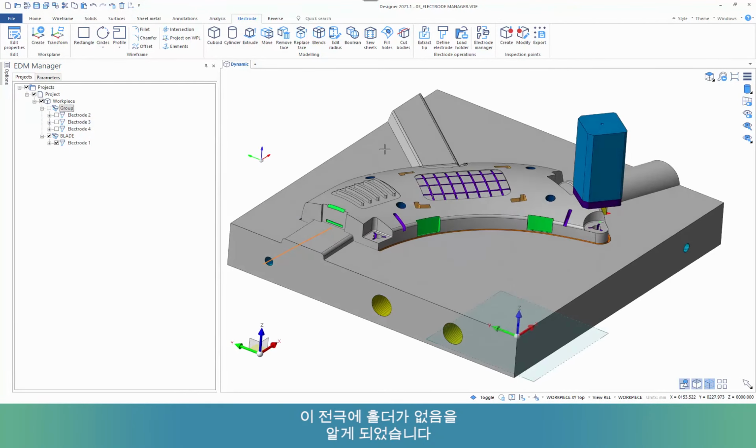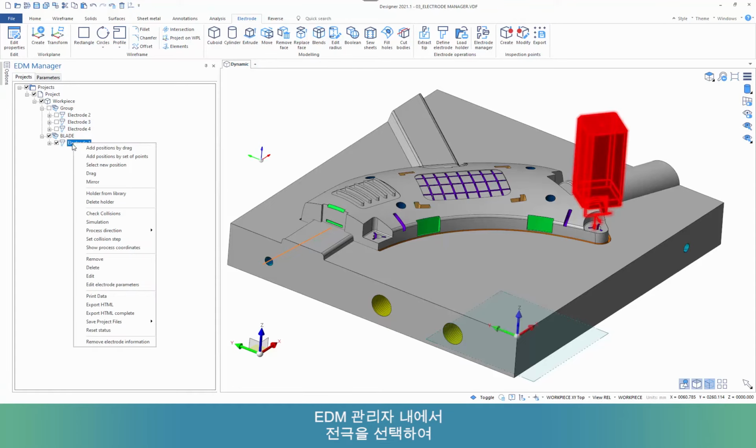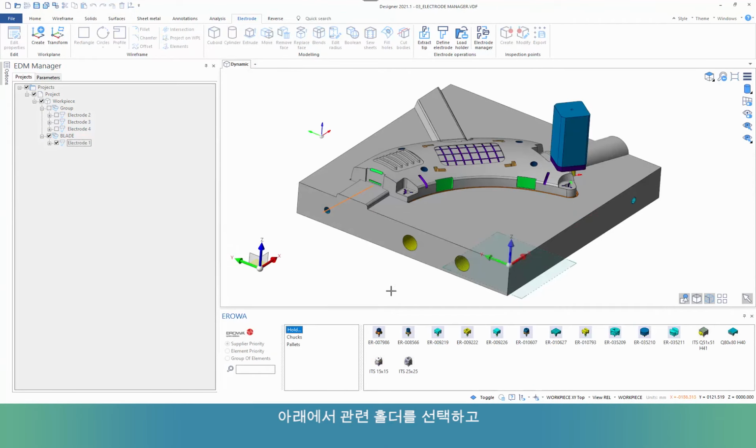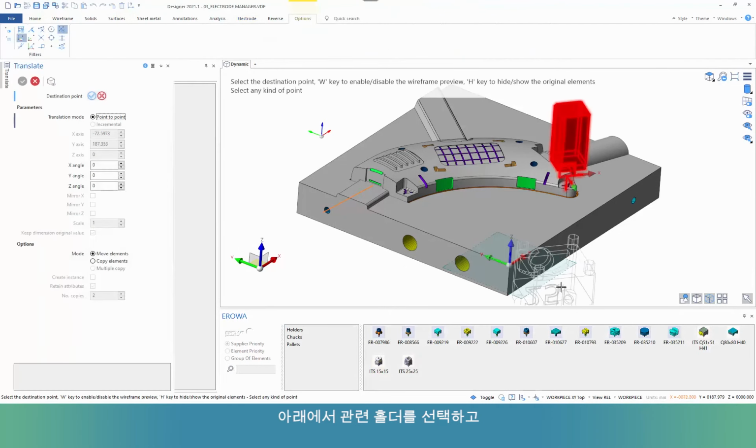Okay, so I've also noticed I haven't got a holder on this particular piece of geometry. Because I'm going to drag it into new positions and duplicate it, I may well want to be able to collision check with the holder as well. So within the EDM manager, if I select the electrode, right click and say I just want to add a holder from library, I can come down and pick a relevant